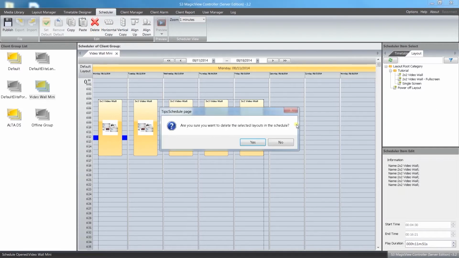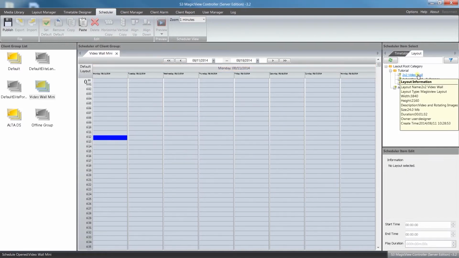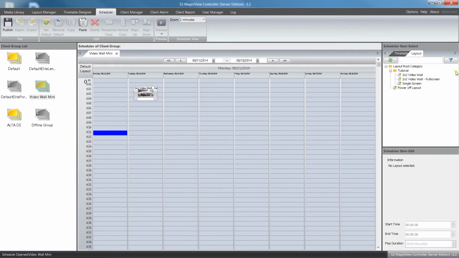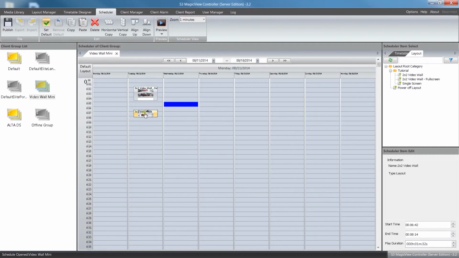So let's just get rid of that. Alternatively, you just saw me create my timetable by putting my full screen followed by my 2x2 video wall, with each separate screen showing. So I could pull that in afterwards. If I select this line up, it'll match them together. Alternatively, if I go back to timetables and drag it in,